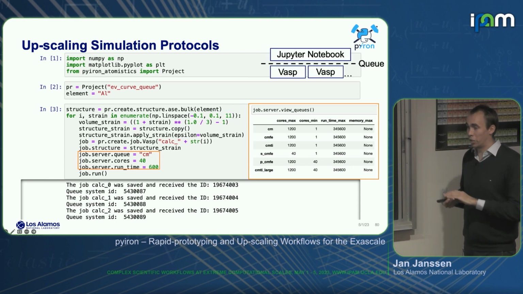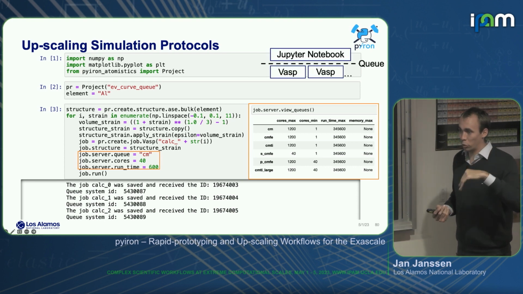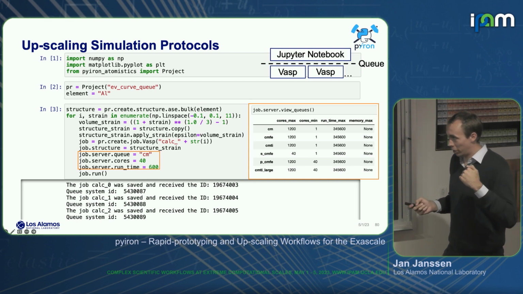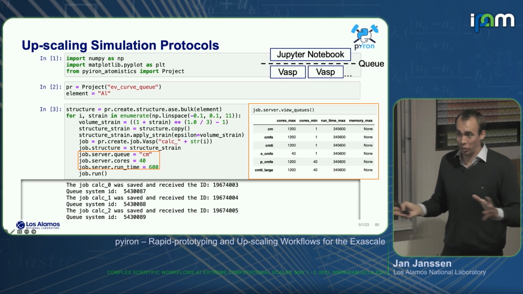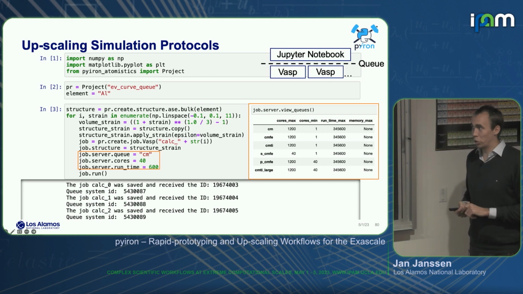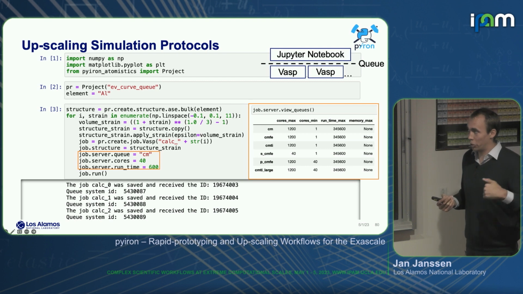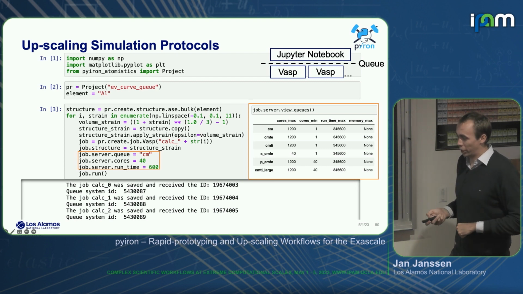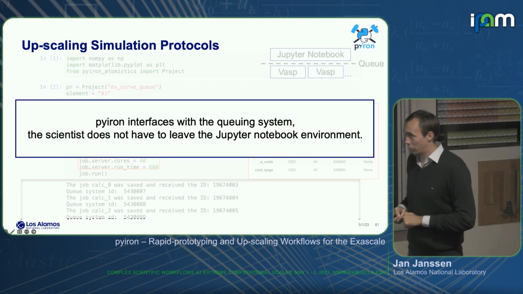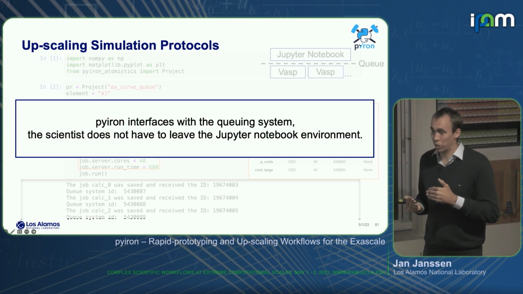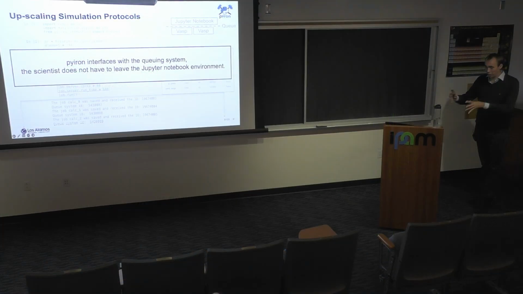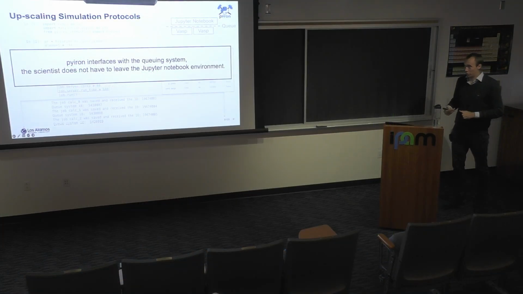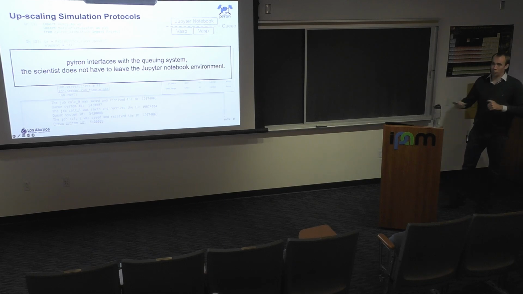So here we really have a simple protocol. We have the Jupyter notebook controlling the calculation, and then they are submitted to the queuing system one by one. That is already addressing a wide range of the high throughput projects that we see, right? Just submitting individual calculations to the queuing system and then getting the results back and working with them. So Pyiron really interfaces with this, and as scientists we never have to leave the Jupyter notebook environment. It's not that we just create all these calculations and then have to go into the command line and submit them and have this interruption there, but it's really all happening from the Jupyter notebook.